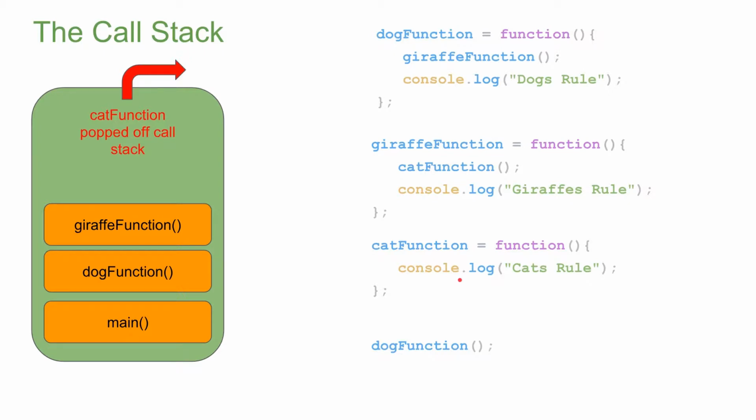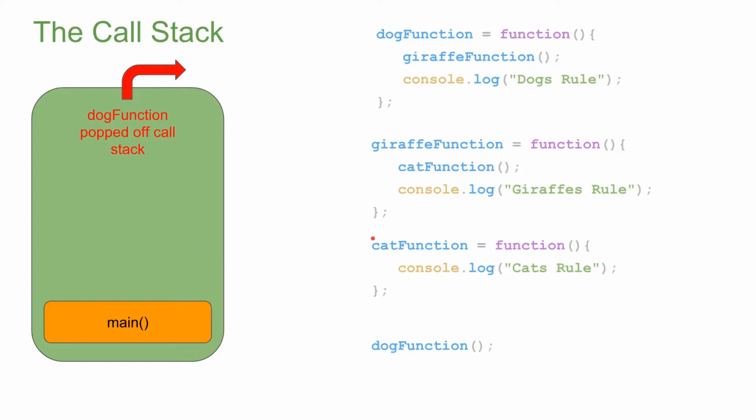So cat's rule would be the first thing to get logged in the console. The cat function gets popped off the stack. There's nothing else running in the function. We return to the giraffe function, which will then console.log giraffe's rule. The giraffe function is popped off, and that's the last line of that function in that execution context. There's nothing else left, so we are popping giraffe off. Now we are back at the dog function and we are running console.log dog's rule. So in the console, it would be dog's rule. So the order would be cat's rule, then giraffe's rule, and then dog's rule,